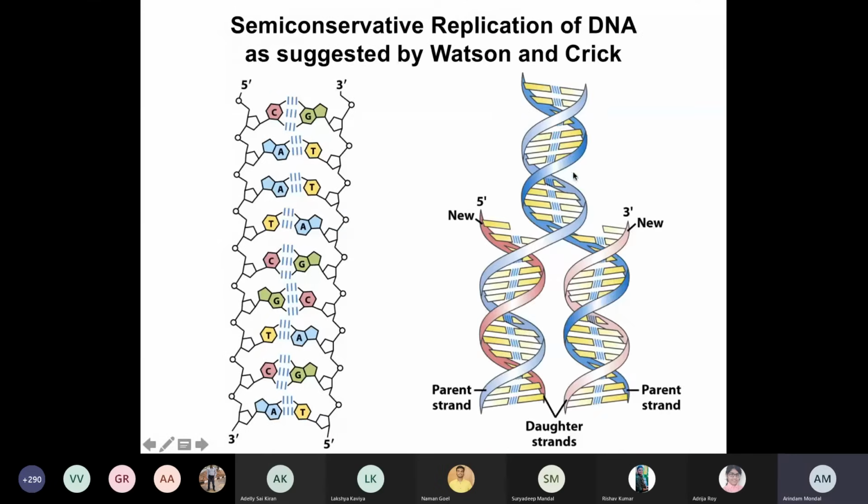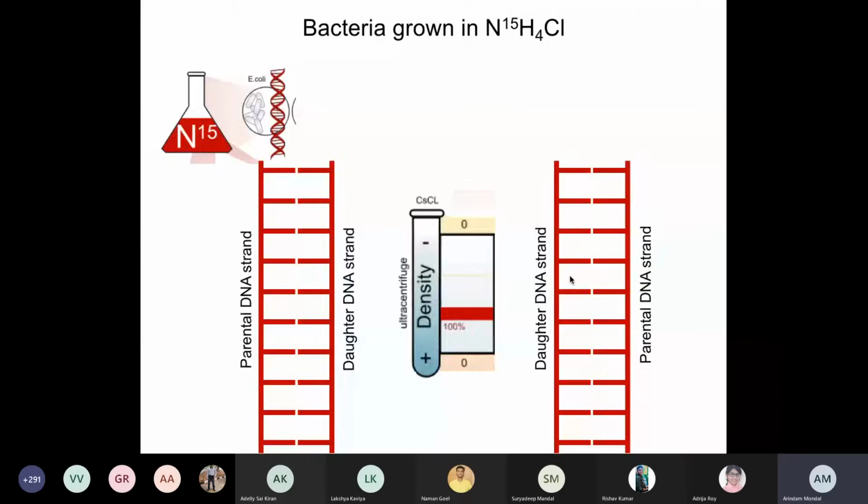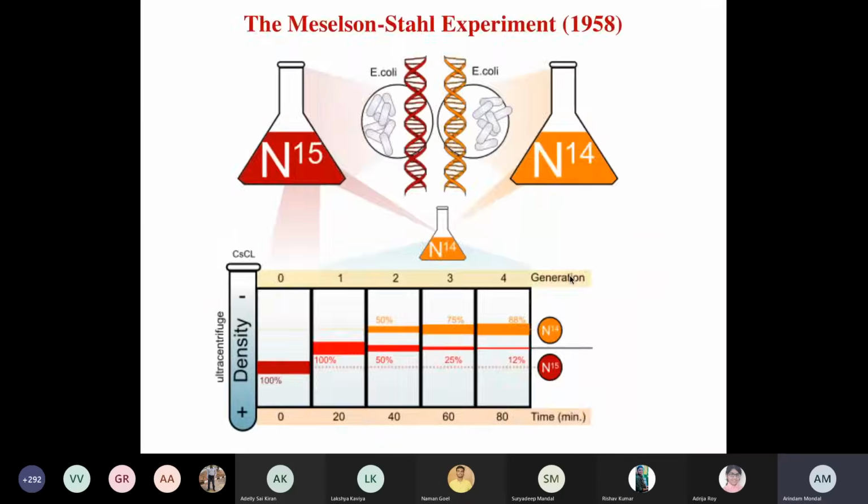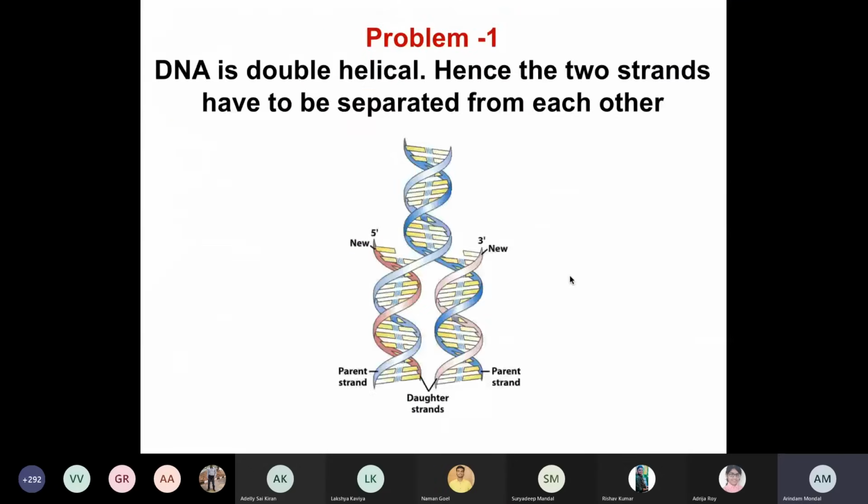So DNA is a double helix, right? It's a double-stranded helical structure. Now that helical structure needs to be unwound, right? So that each of the parental strands could be utilized as a template to synthesize the new DNA strands, right? So the first problem of DNA replication is the initiation phase, which is how the double-stranded DNA could be separated from each other so that they can act as a template for the synthesis of the nascent DNA